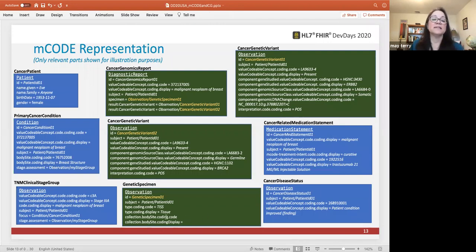There is a link as well to the genetic specimen, which I've noted as tissue. And then finally, to trace this, the patient is taking trastuzumab, which we have had a treatment intent, which in this case is curative. And we are using the RxNorm code for trastuzumab. Again, because it is based on